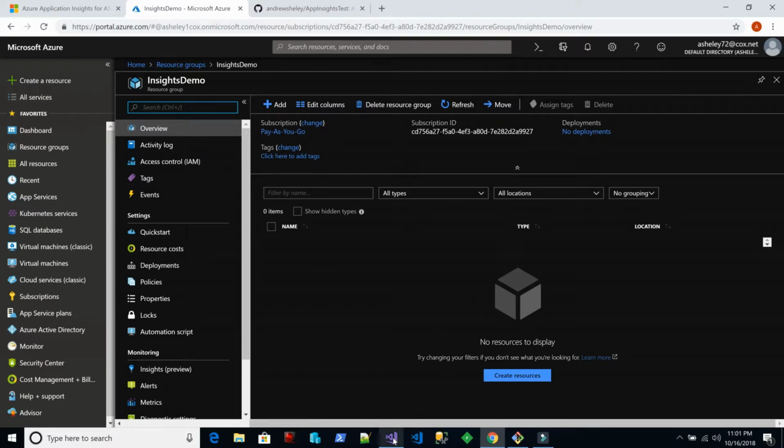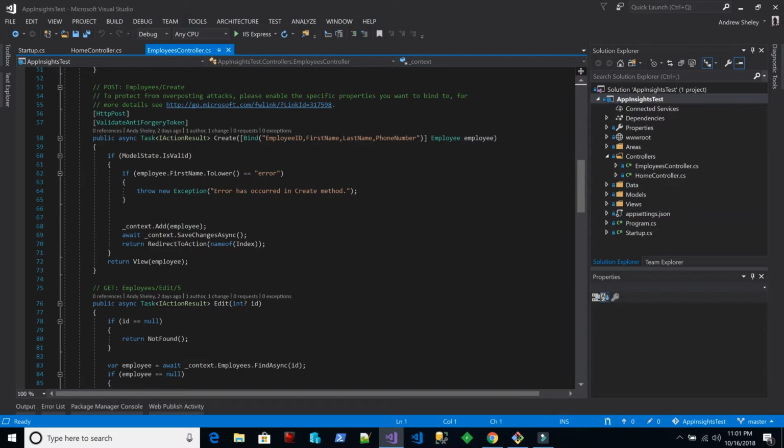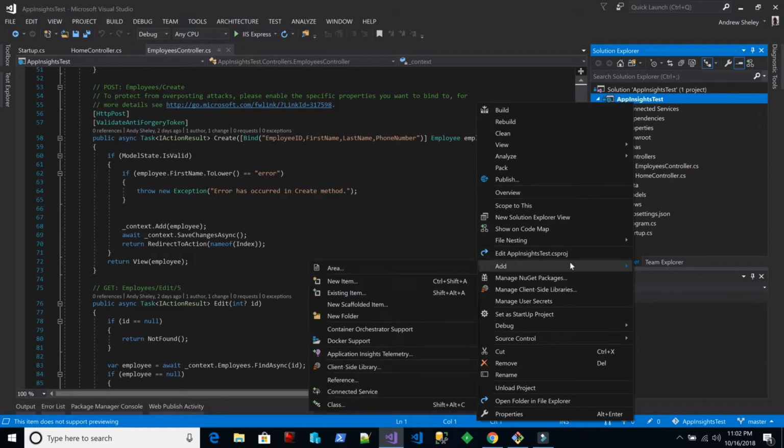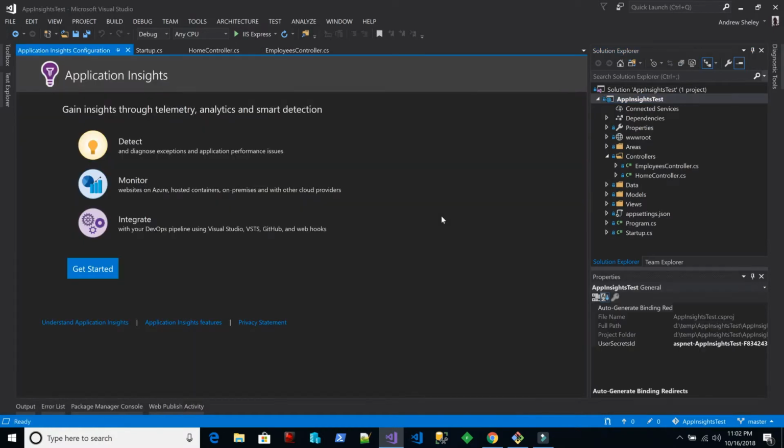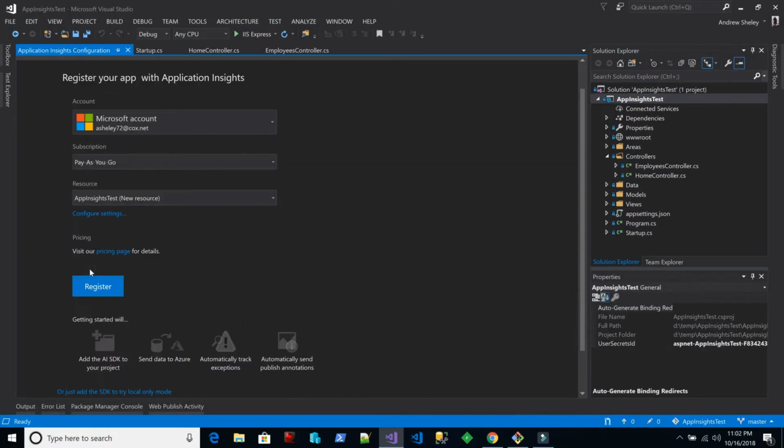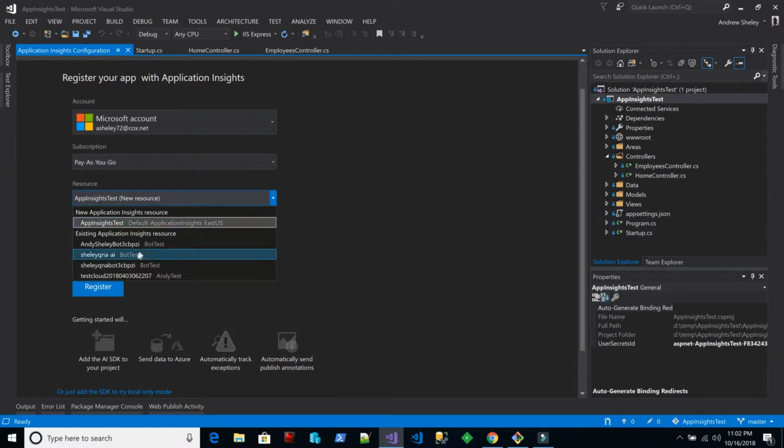Creating it is really easy. It's basically a one-step process. It's integrated into Visual Studio, and it's easy to do. You right click on the project, add, and I want to add Application Insights Telemetry. It's going to give you this wizard. It's really pretty easy. I've already got my Visual Studio linked to my Azure account, my subscription. I want to use that resource I created, which is